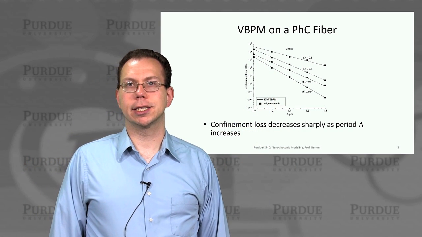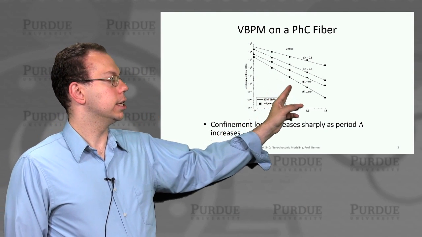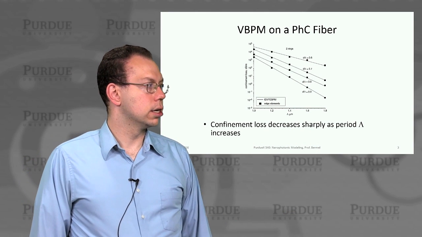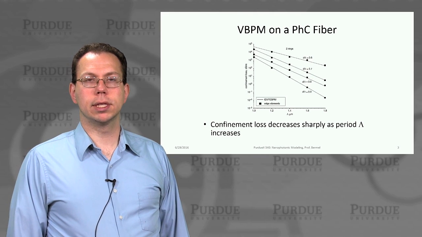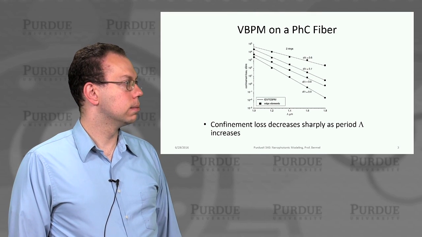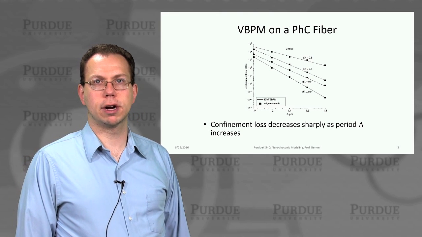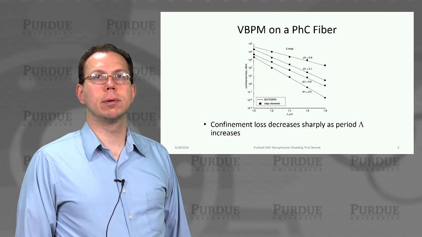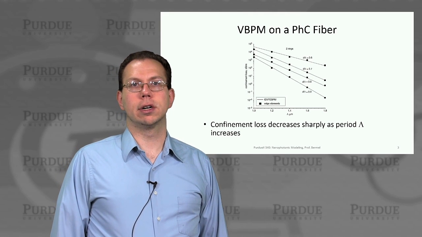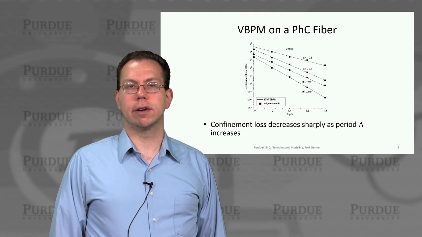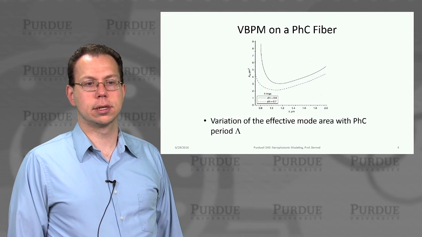Remember that this y-axis for confinement loss is a log scale, and then all of the losses decrease as you go to higher wavelengths, lambda, and so that actually is not surprising at all. So the overall effect is obviously dependent on multiple parameters at the same time. And so depending on the application you're interested in, you could consider using large d over lambda and large lambda to have very good mode confinement, or if you need coupling, it could be increased.